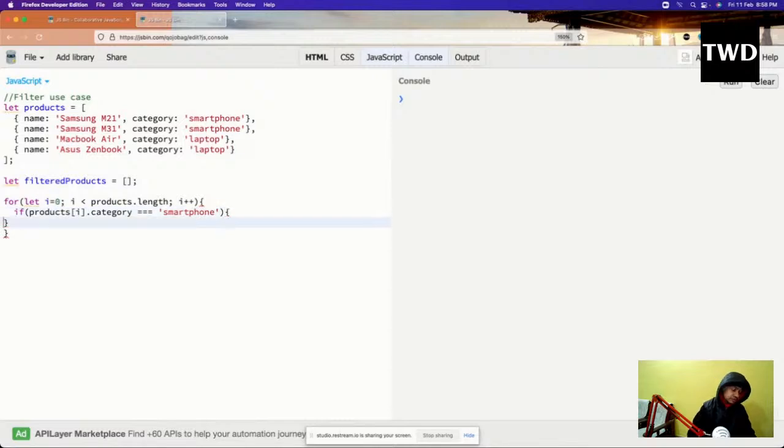So inside a for loop I have an if statement, then I have this filtered products which is an empty array,